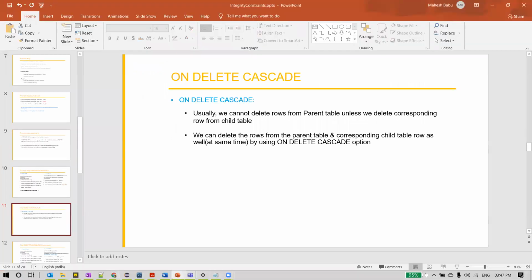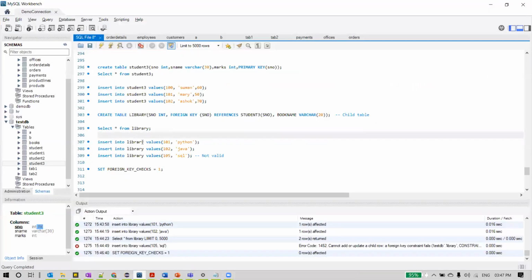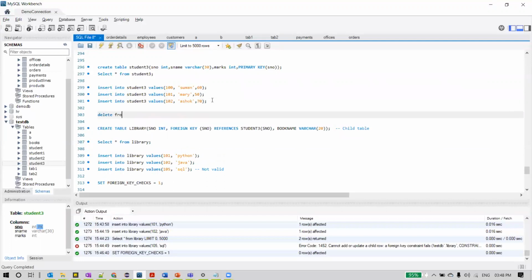So usually what we do here is, say library is a table which has the foreign key constraint on S number, which is referencing the student 3 table S number, right? In this case, say for example, I wanted to delete this 101 from my student 3 table, but we can't delete it directly. So let us try that. Delete from student 3 where my S number equal to 102.